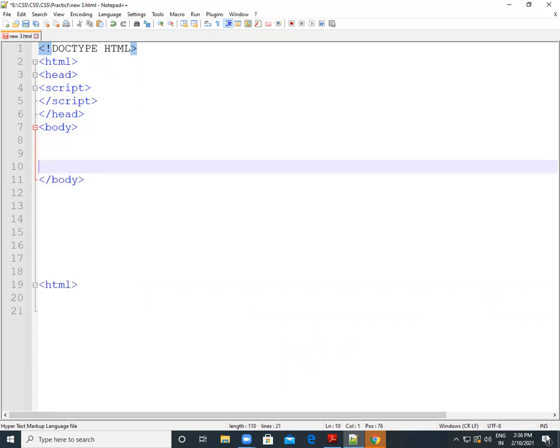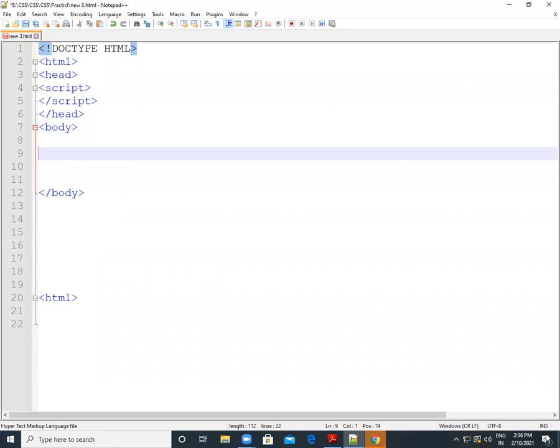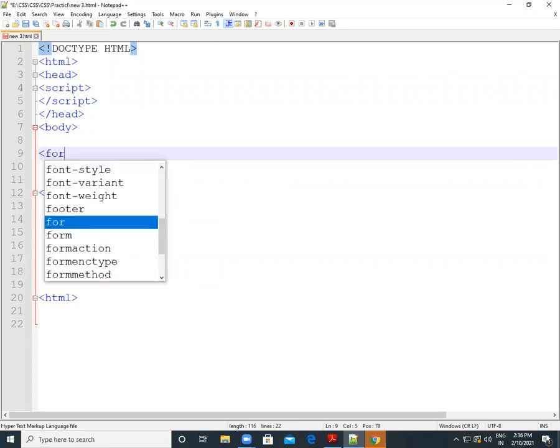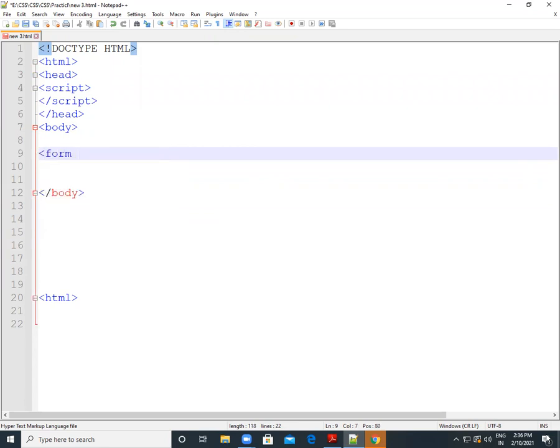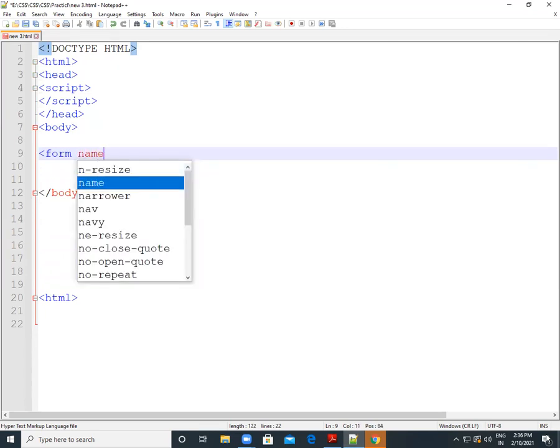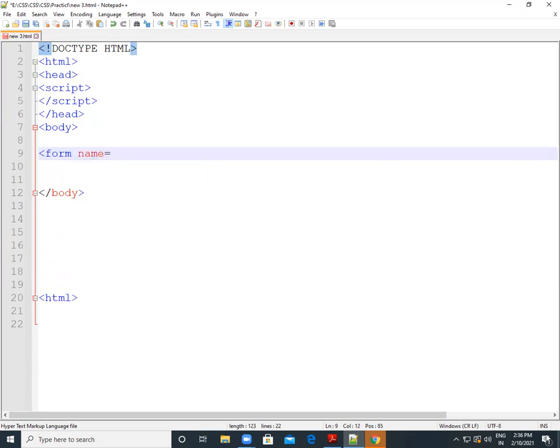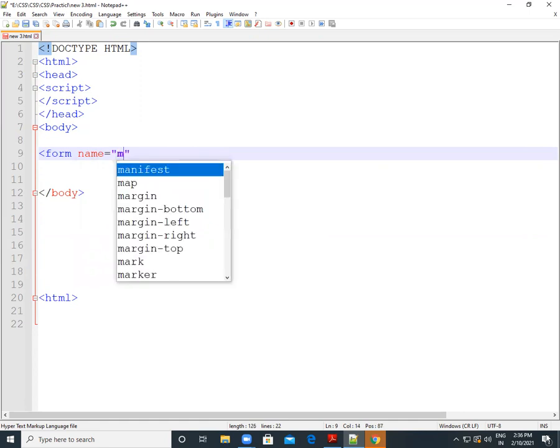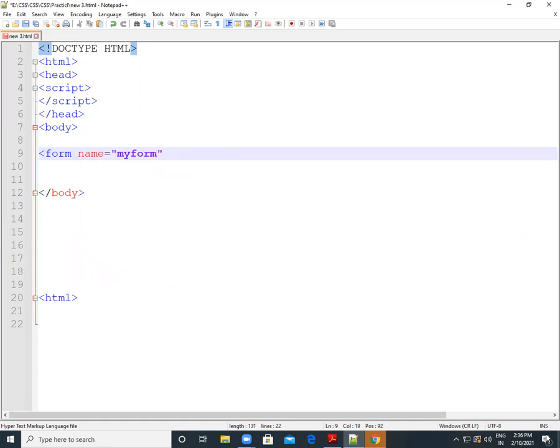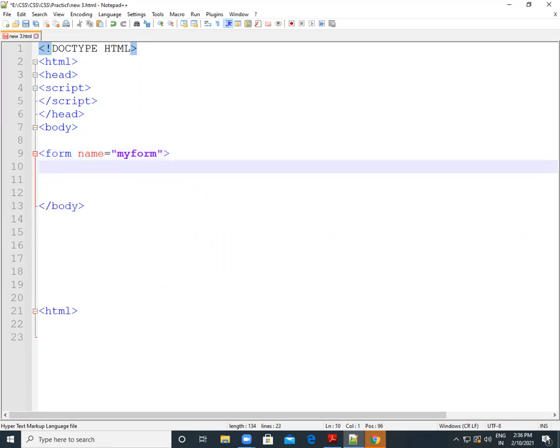So this is the body part. Let's complete this body part. We want two buttons in our form. So we will use the form tag, form name my form. Correct. Just close that form tag.